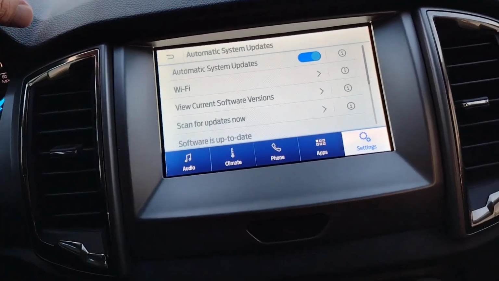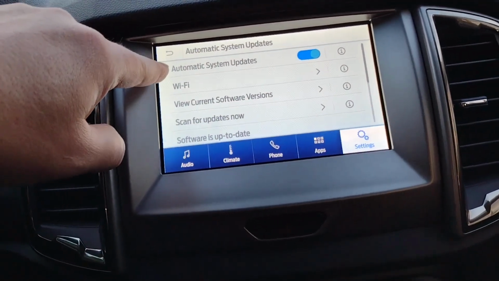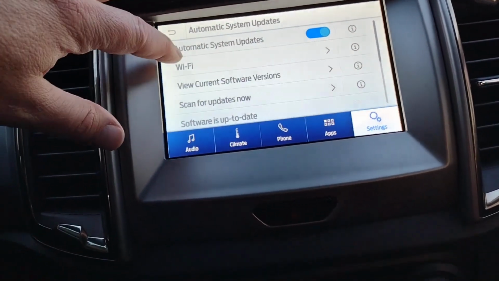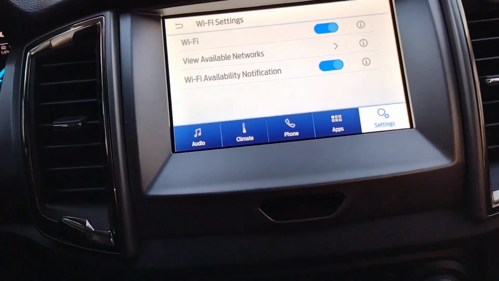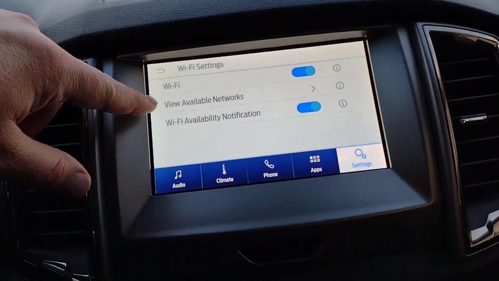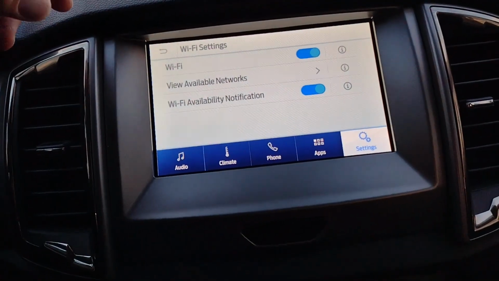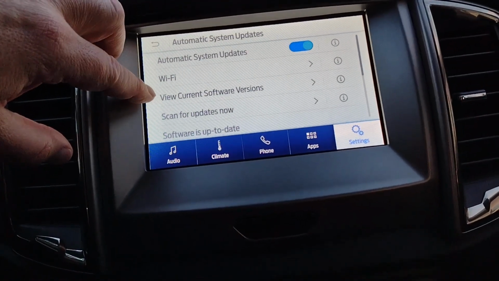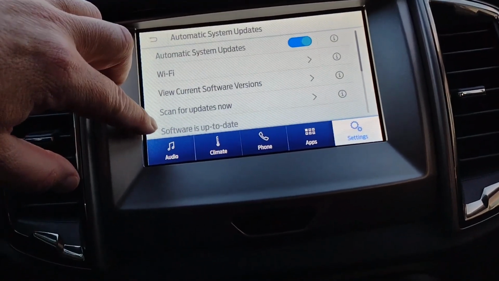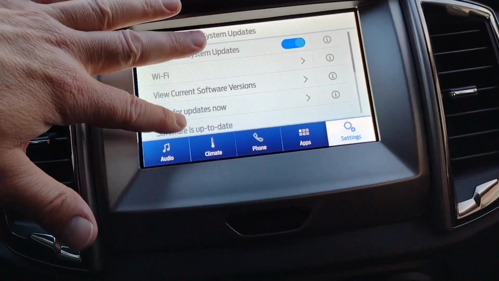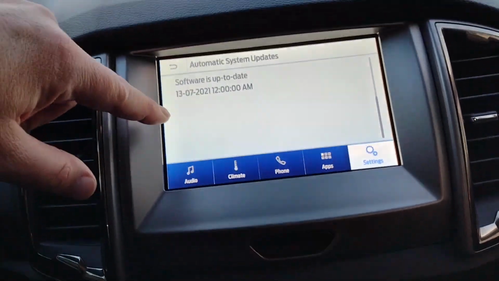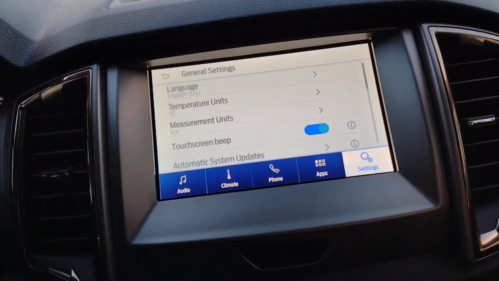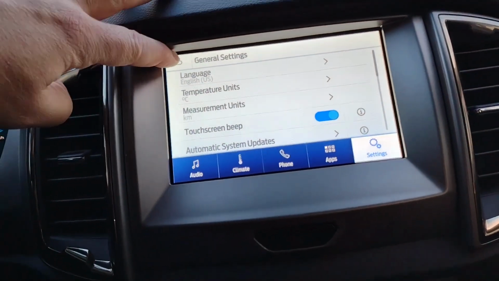And here's an important one, automatic system updates. So automatic system updates is on, but you need to connect to your Wi-Fi in order to do so. So when you get the vehicle home, you're going to view available networks. You're going to hook up to your home Wi-Fi. View current software versions, scan for updates now, and software is up to date. In this case, a little backwards, so you would probably want to check, see if there's any further updates. Now we go back,